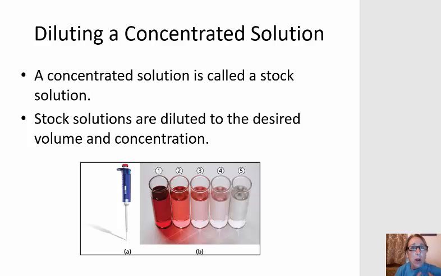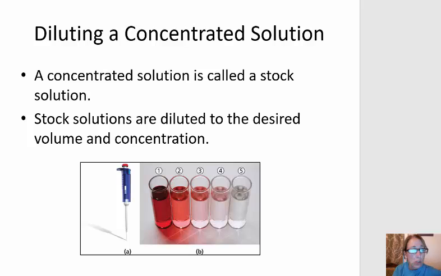Many times in chemistry, we have a concentrated solution that's known as a stock solution. And that stock solution is very useful because we can dilute it to get a wide variety of solutions with a lesser concentration than that stock solution. And this graphic here shows a highly colored or intensely colored solution that is diluted multiple times, and we can see that it's diluted because of the lessening of intensity. So we are going to look at this process of diluting a stock solution and then calculating the molarity of